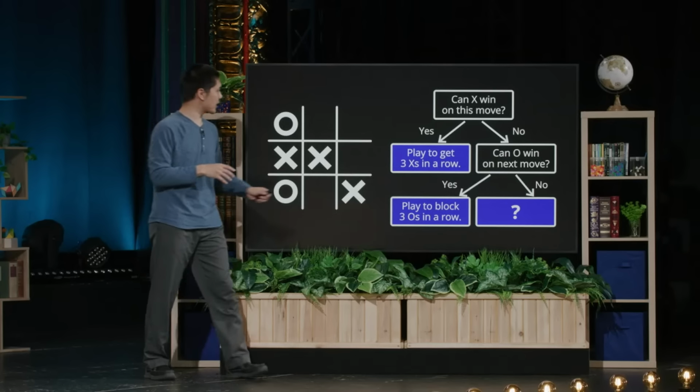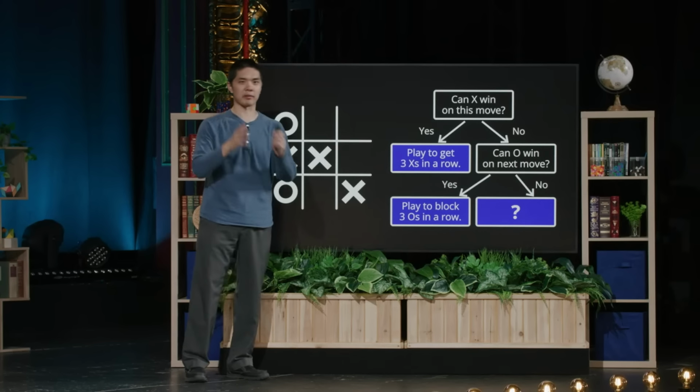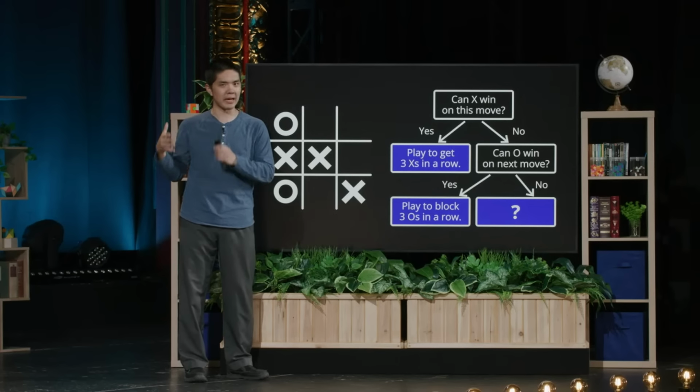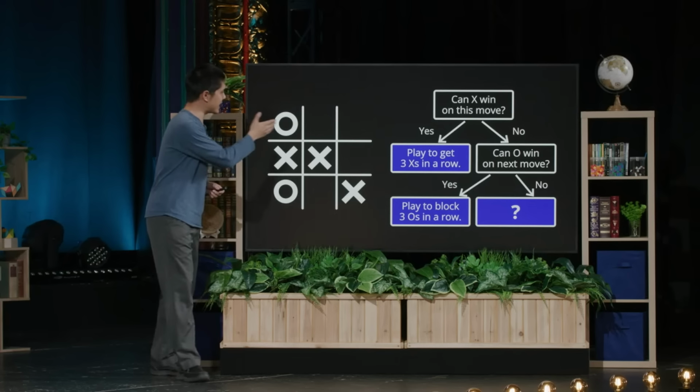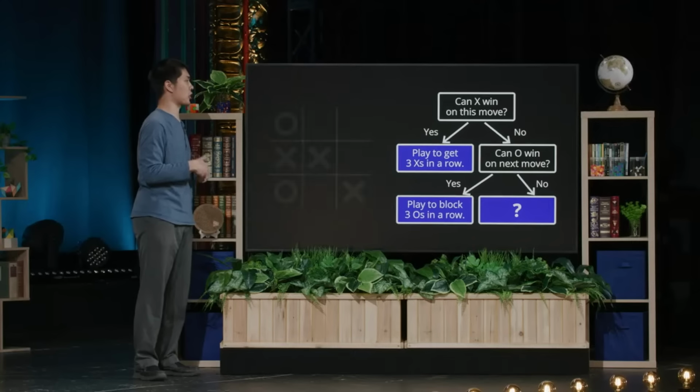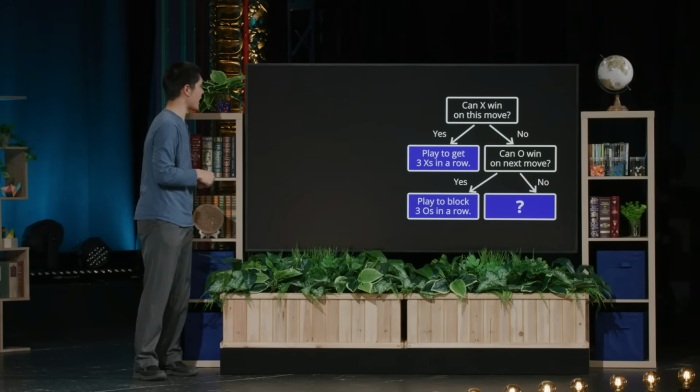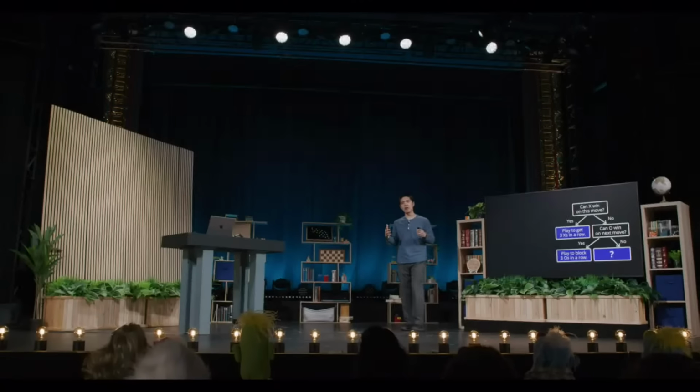But still, the nice thing about describing logic like this in terms of questions and what to do based on the answers to those questions is we can take this kind of diagram and turn it into code. And what I'm going to translate this into now is something that we call pseudocode. Pseudocode is something that looks a little bit like code. It would be easy to turn into a programming language, but it's not a real programming language. It's just an English-level representation of what the logic in code might look like.